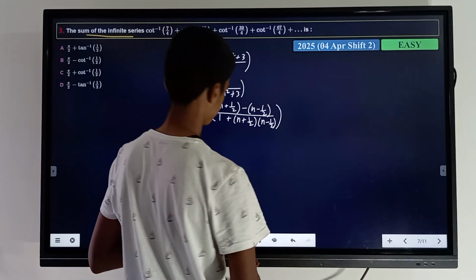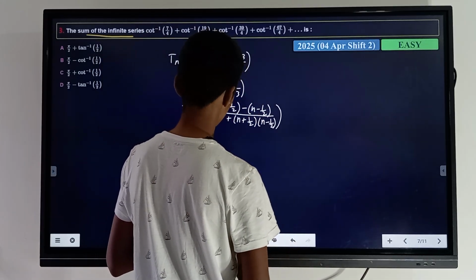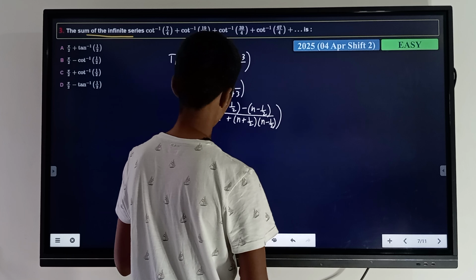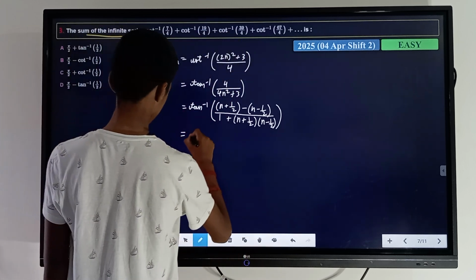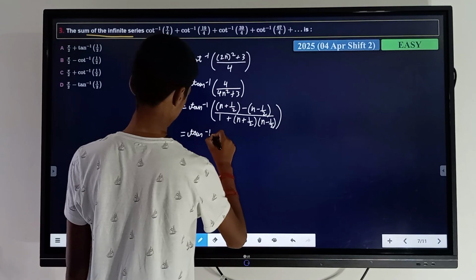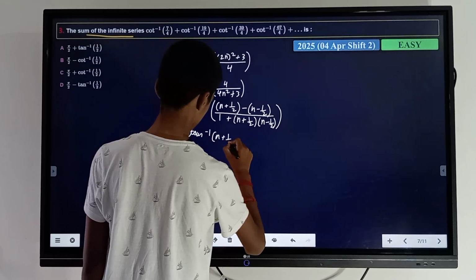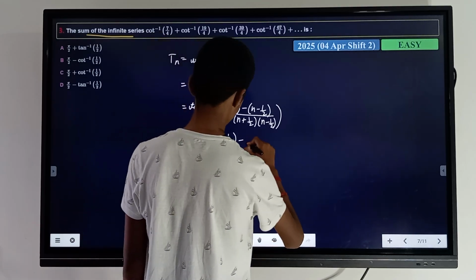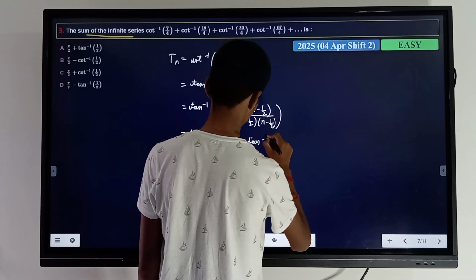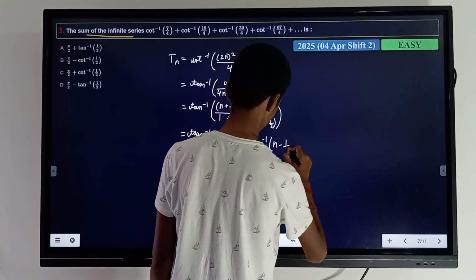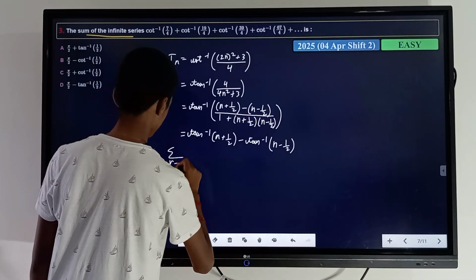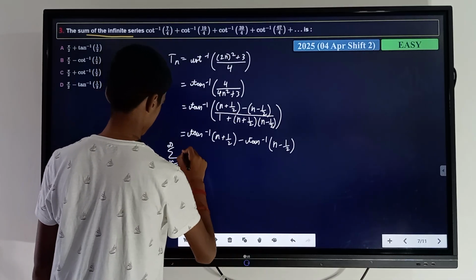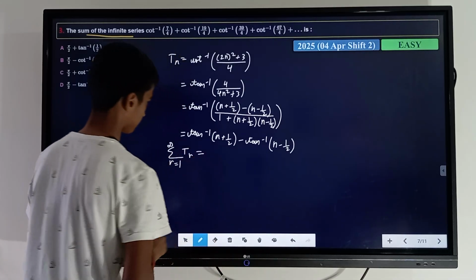Let me check it. Minus 1 by 4 plus 3 by 4, yes. Now we can write this as tan inverse of n plus 1 upon 2 minus tan inverse of n minus 1 upon 2. So our sigma r equal to 1 to infinity t r is equal to,